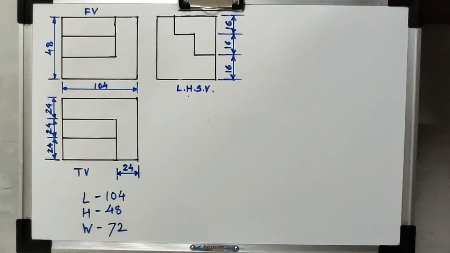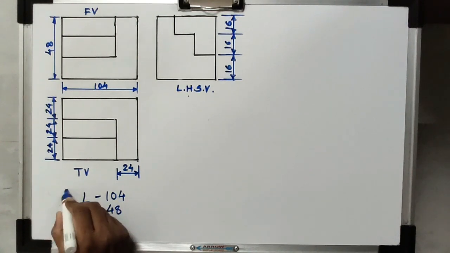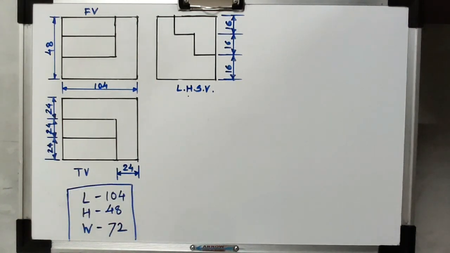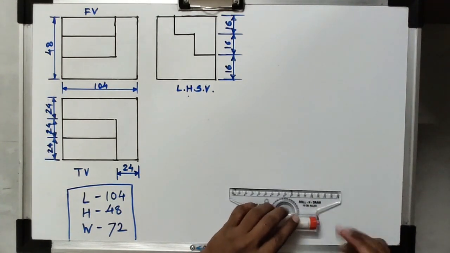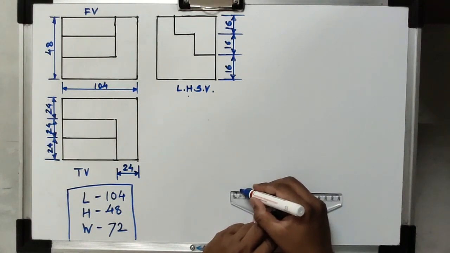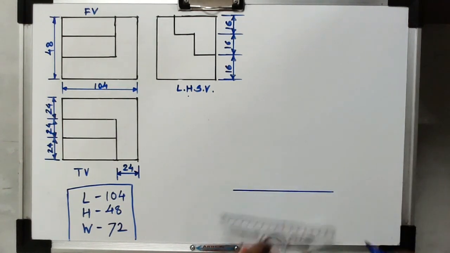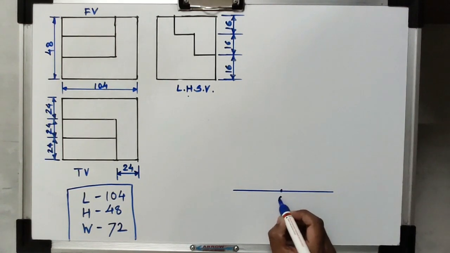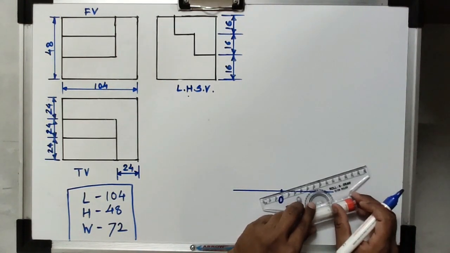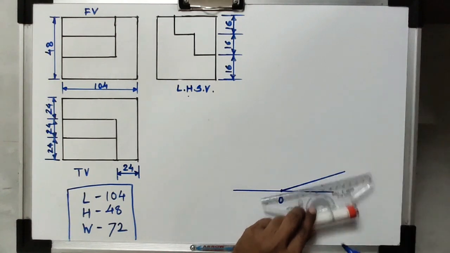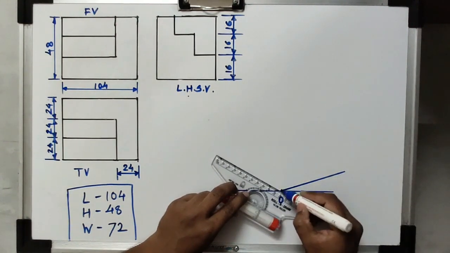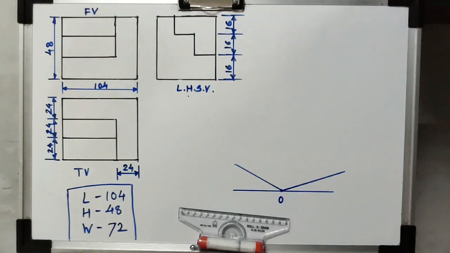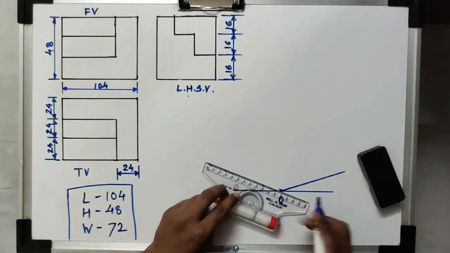After knowing these three dimensions, which are important, they are useful to create the box in the isometric projection. The first step is always to represent a reference line, and from the reference line we represent the reference axes. There are three axes in the isometric view: the x axis, y axis and z axis. The axes are represented from the origin point, taking a 30-degree inclination line towards the right side and a 30-degree inclination line towards the left side. These are the three axes.